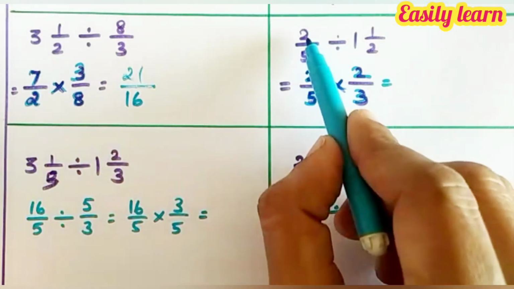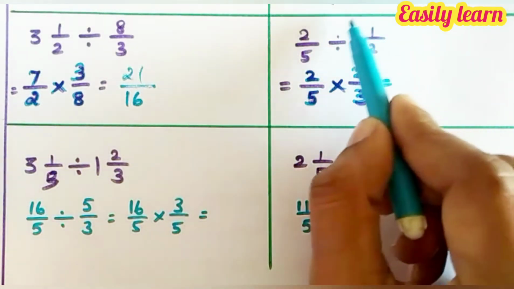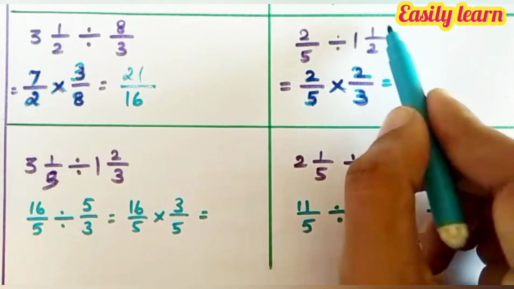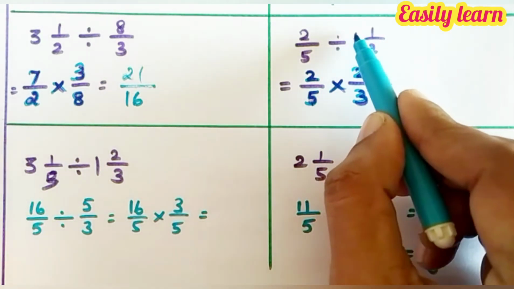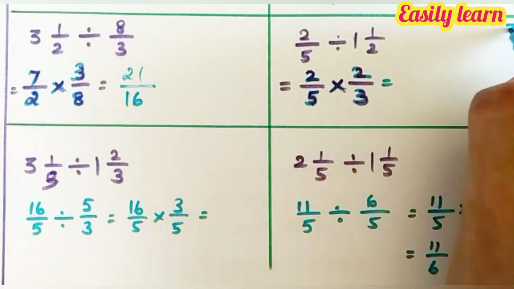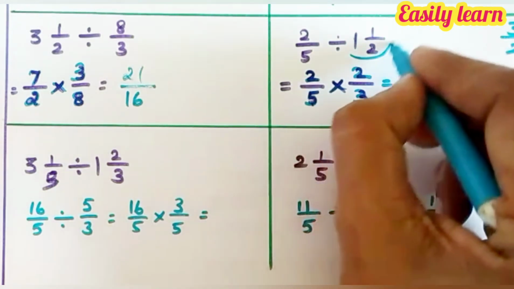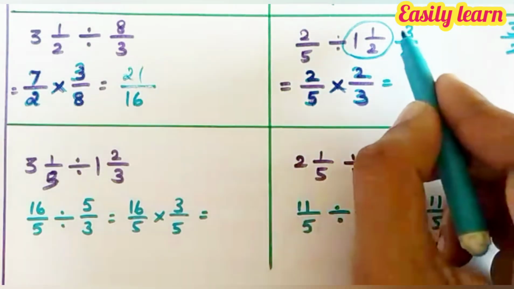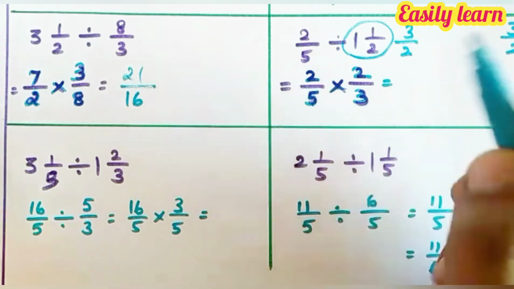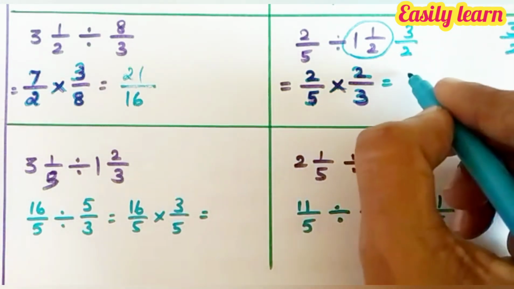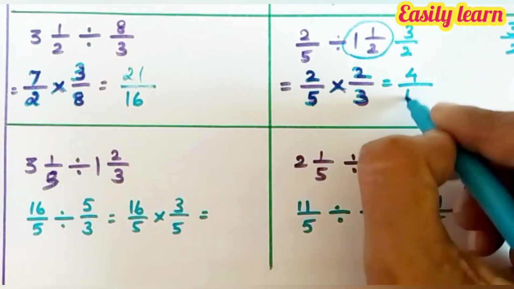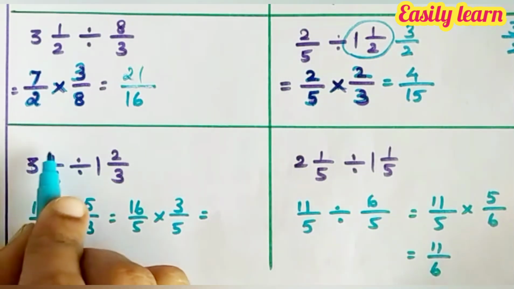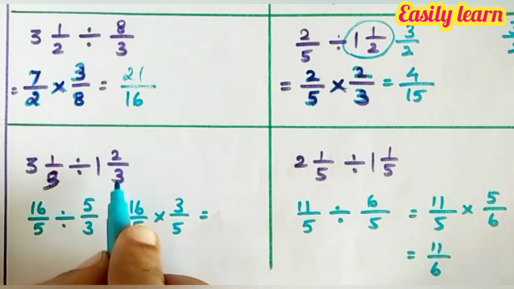So next come here, 2 by 3 divided by a mixed fraction. So 2 by 3, first in the mixed fraction convert பண்ணிக்கோங்க. 2 into 1, 2 plus 1, 3 by 2. So 2 by 3 into, இதோட reciprocal 2 by 3. So now we cannot do anything, cancel. So just multiply and write. So next one, ரெண்டுமே mixed ஆ கொடுத்திருக்காங்க. 3 1 by 5 divided by 1 2 by 3.